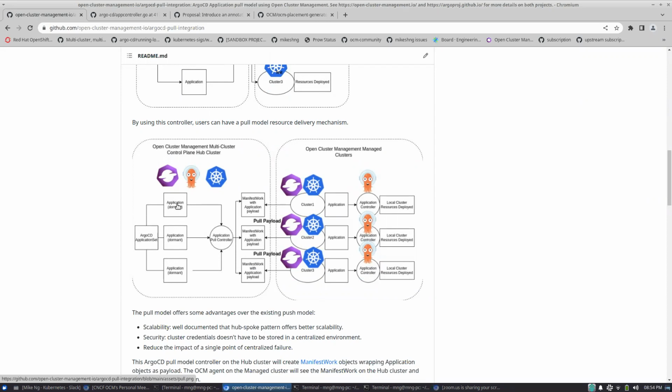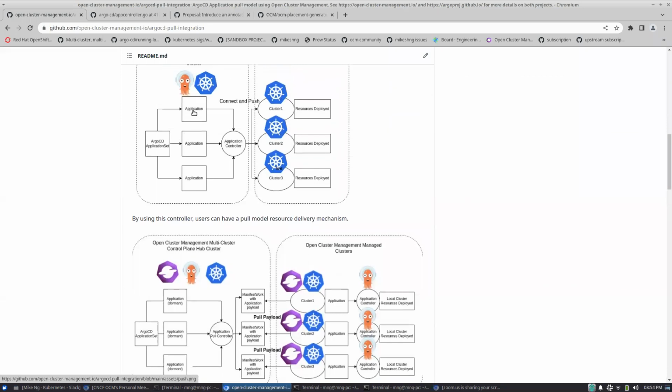Or is that controlled by another means? We're not changing any of the mechanics of the application. We're simply putting the application CR onto the managed cluster through the pull model, so that the application